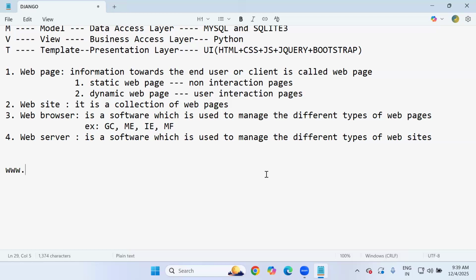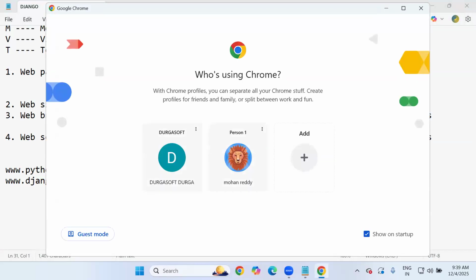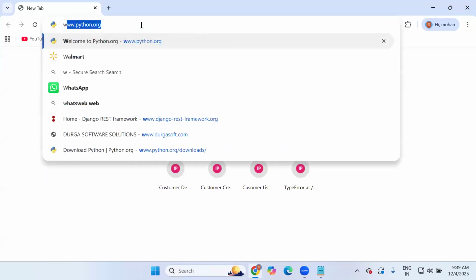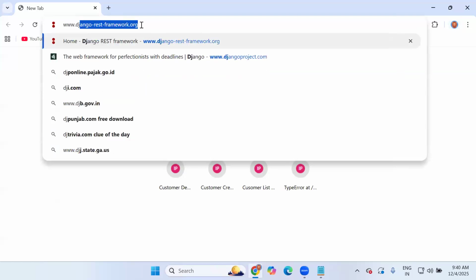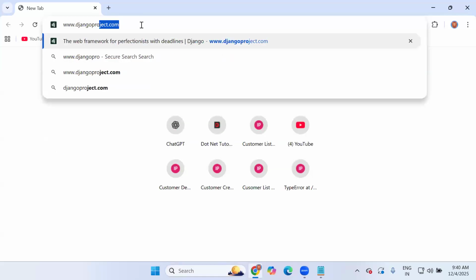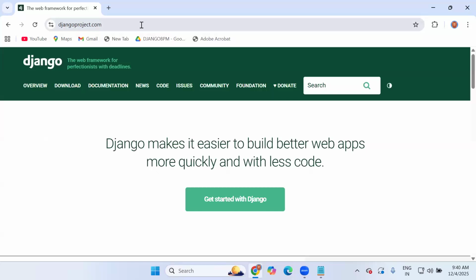So what is the official website of Python? You know already, python.org, right? And what is the official website of Django? The djangoproject.com website. This is the official website. If you visit this website now, you will get clarity about what things are there in Django. If you are new to Django development, you will come to know what things are there. www.djangoproject.com. This is the official website. The web framework for